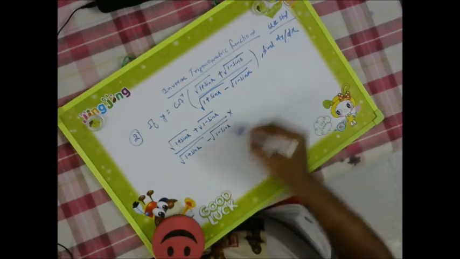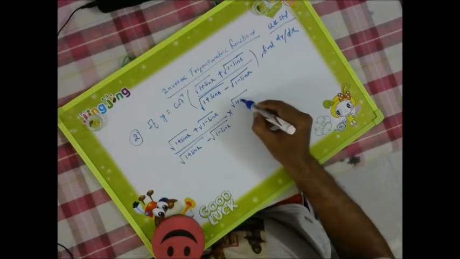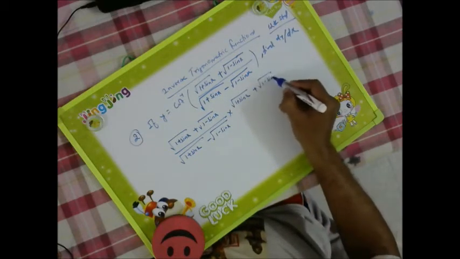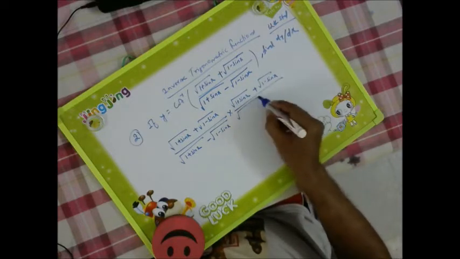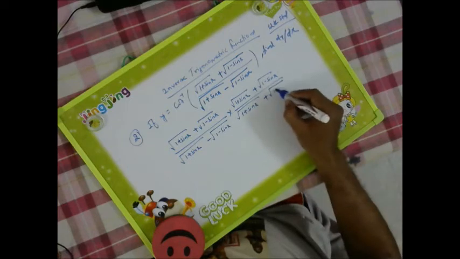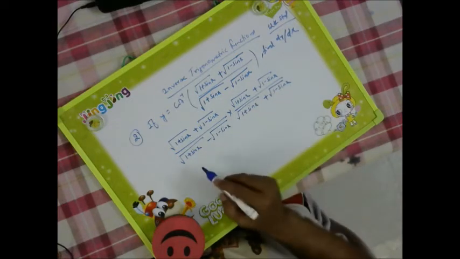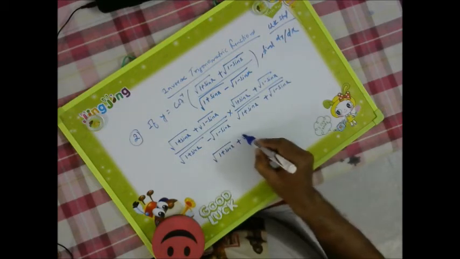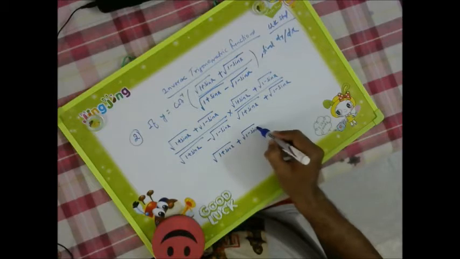We will multiply it with (root of 1 plus sin x plus root of 1 minus sin x) divided by (root of 1 plus sin x plus root of 1 minus sin x). So here the same expression is there in the numerator. So it will become (root of 1 plus sin x plus root of 1 minus sin x)